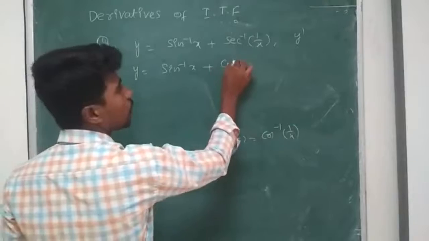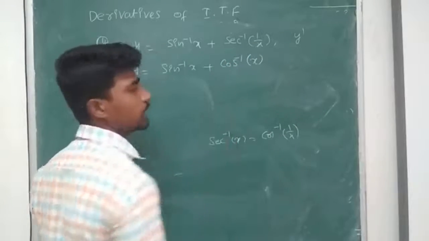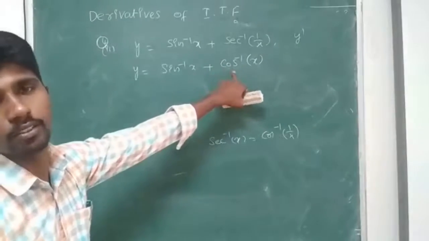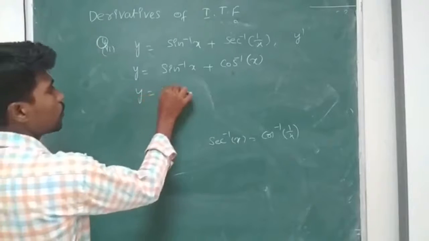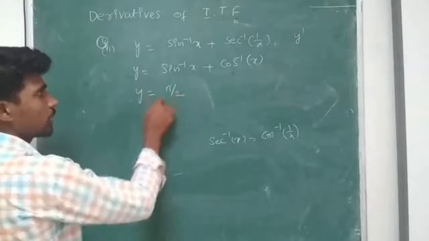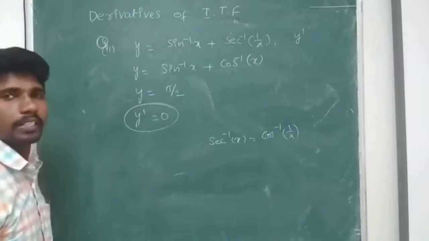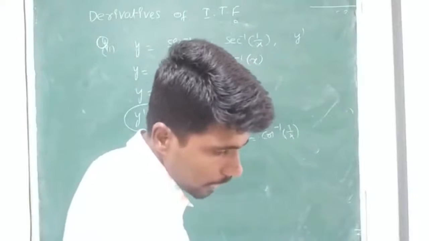So with the help of this formula, I can write this one as cos inverse 1 by 1 by x, which is nothing but x, and we know sin inverse x plus cos inverse x is equal to pi by 2. So I get y is equal to pi by 2, which is a constant. So y dash is equal to 0. dy by dx is equal to 0. Next, take a problem like